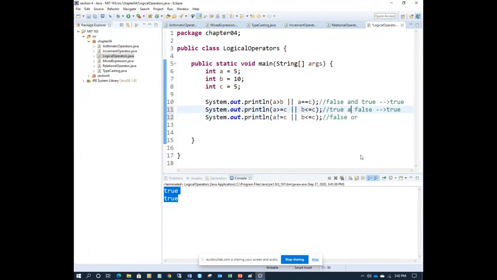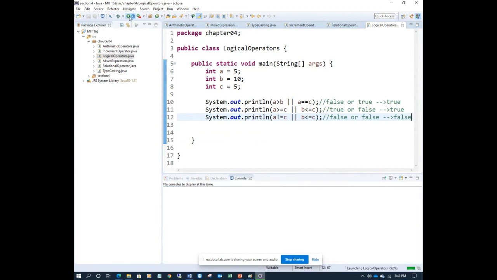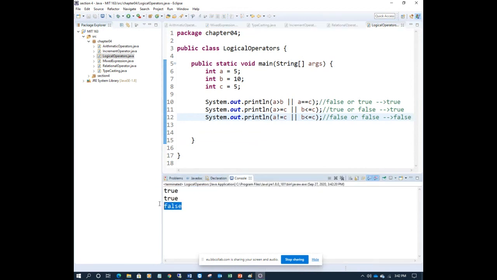I forgot to change it. OR. Okay, this is OR and B is less than, false. This is false. The answer is false. So run the program. False, right? So this false and this false, the result is also false. Okay.